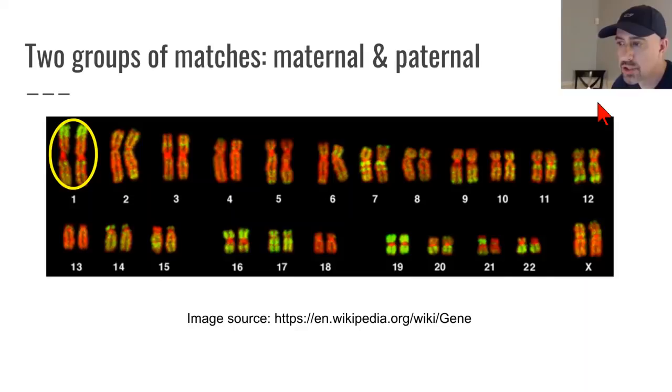Our entire genome is represented with DNA from both parents. So every location across every chromosome in the entire genome has DNA from both parents. You have 2 copies of every single chromosome. 1 copy is from your mother and 1 copy is from your father. So at any given location on any chromosome, you can have matches from your mother and you can have matches from your father. And so your matches at any given point along the genome really break down in 2 groups,